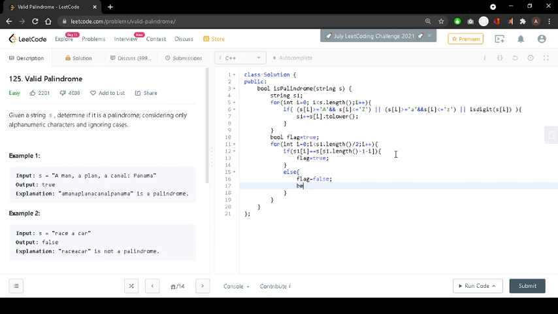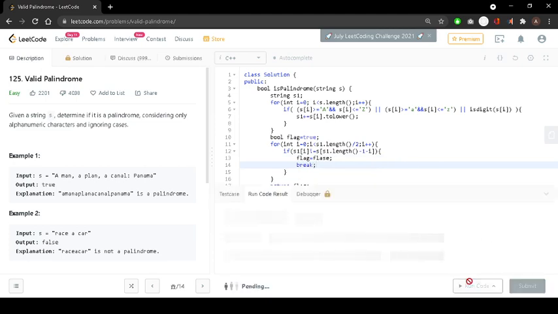Either we can use break or we can return false, but I would prefer to return the flag at the end. Now here I have gone the long way. Instead of using the if else, I would only use the false statement, and I would break here. Now let us run the test cases here.